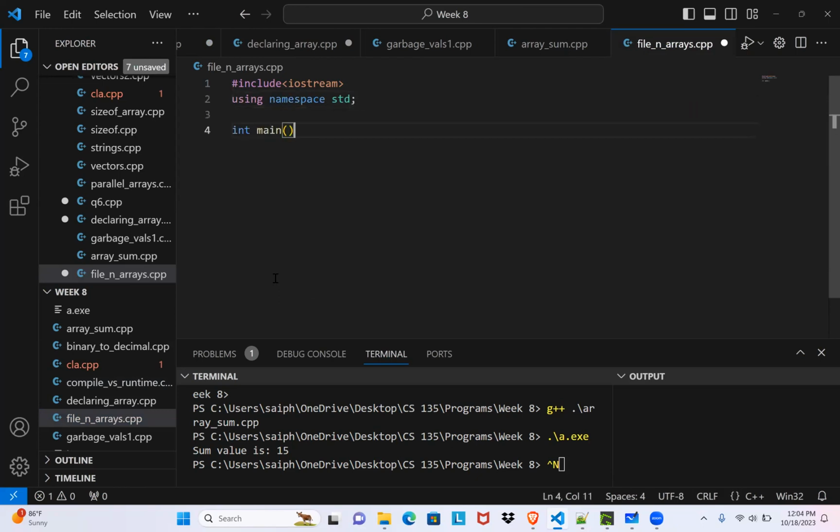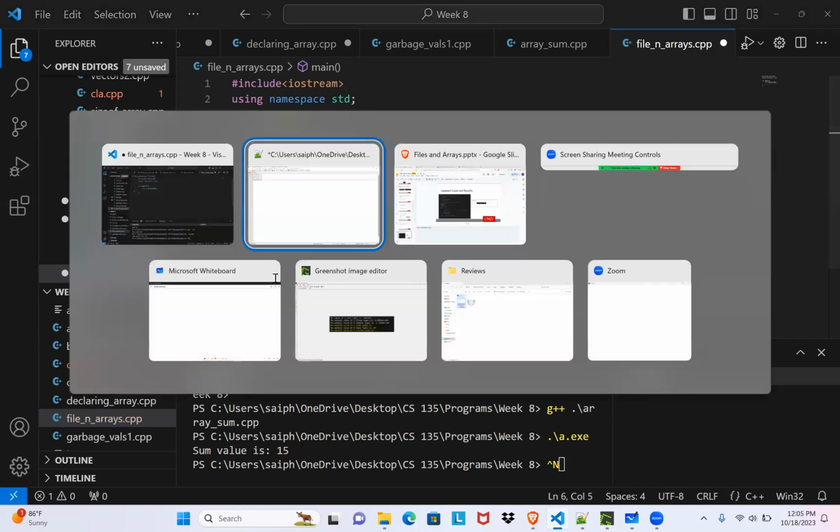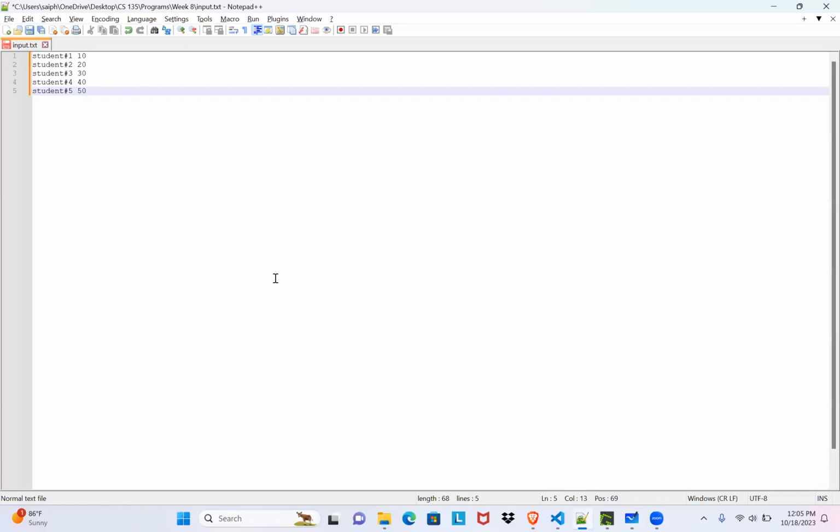For example, in our lab 6B, I think we are asked to create an array of integer type. Let's say I'm calling them scores. It could be a different value on the assignment, just cross check it. But on lab 6B, we were asked to create an integer array with 100 elements. Now, I have to read and populate that array from the file. But in my file, I just have 5 data points.